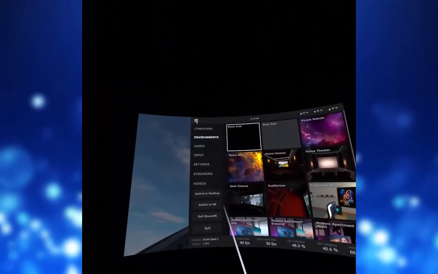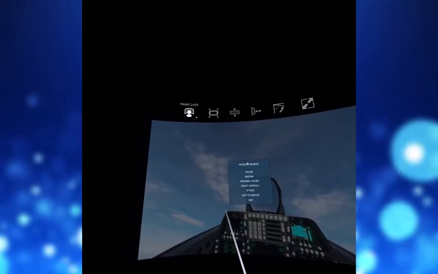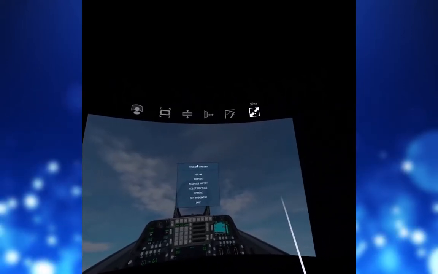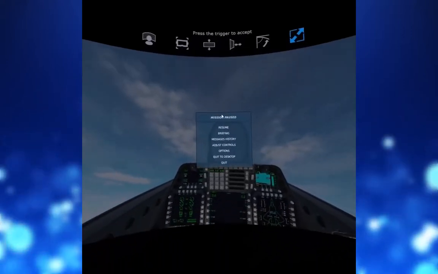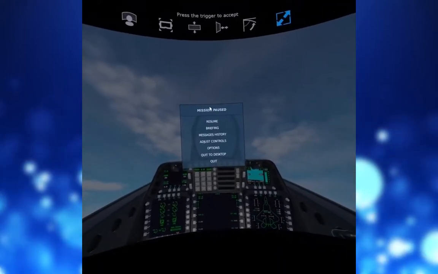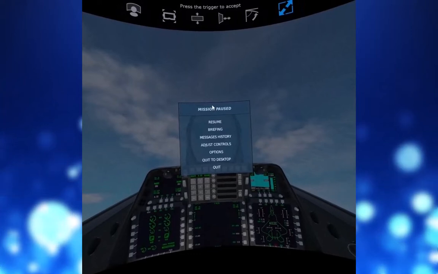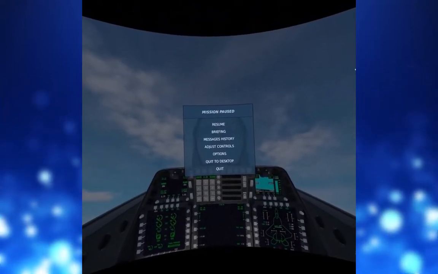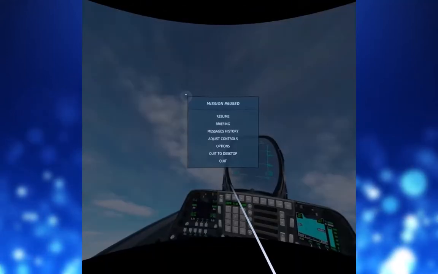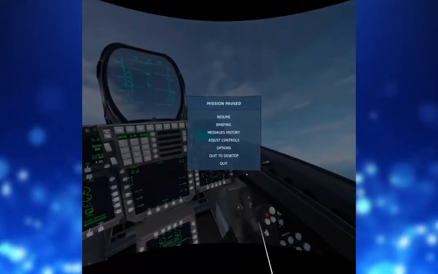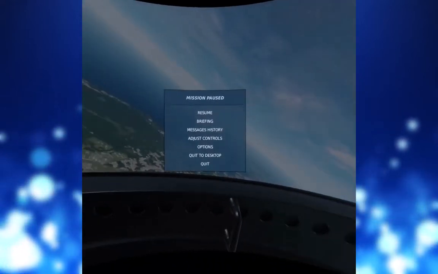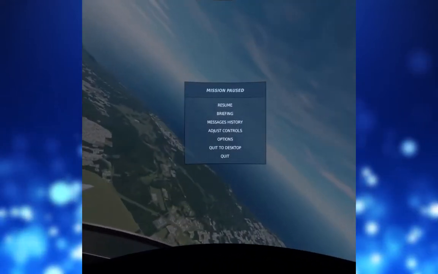So then I'm going to get rid of that, and we're going to go ahead and increase the size of this by a lot. And then, once I've done that, the final part for me is going to be to lock it to my head. And now, ladies and gentlemen, and everybody else,